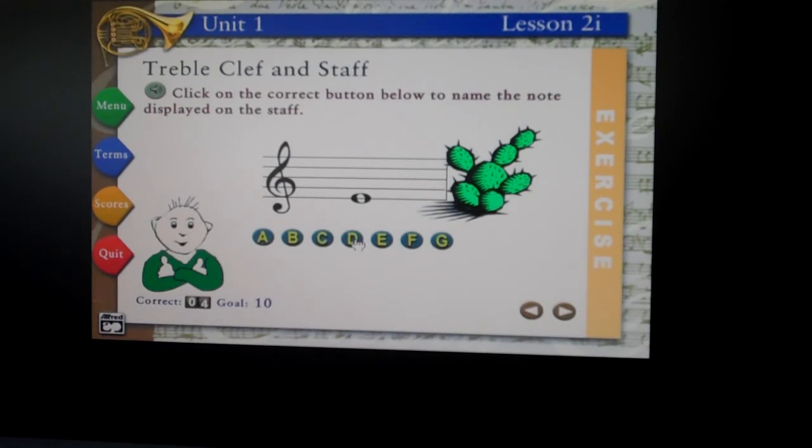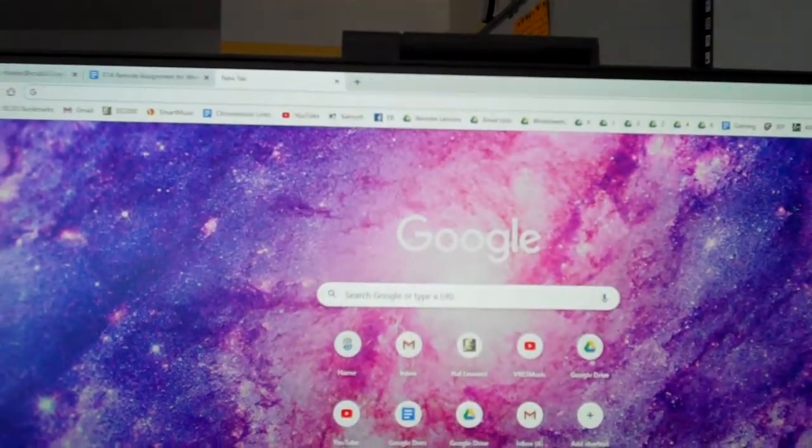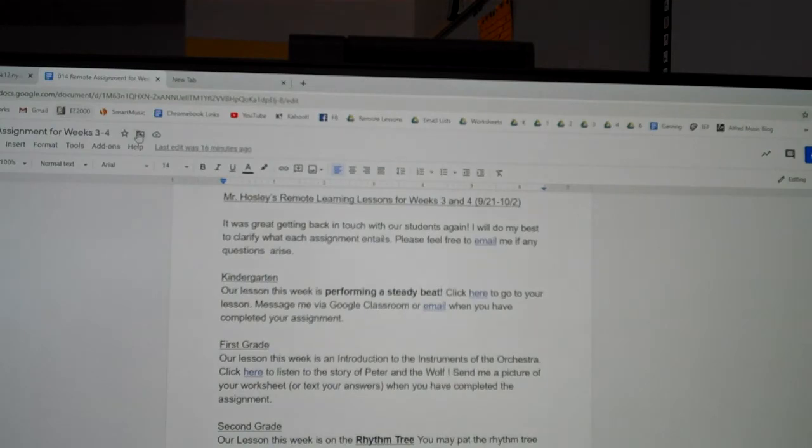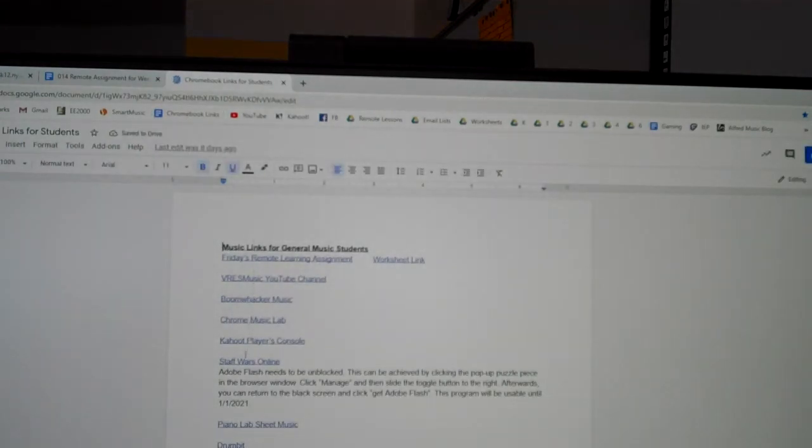I'm going to slide my camera over for you, and we're going to look at my other computer. I'm going to show you how to get on Staff Wars online, and then we'll play around together. All right, so I'm sliding over. Here's the other computer, and I'll send you this link. I have it bookmarked here on my remote links. Let's find it right here. Oh, Staff Wars Online. So I click on it one time,